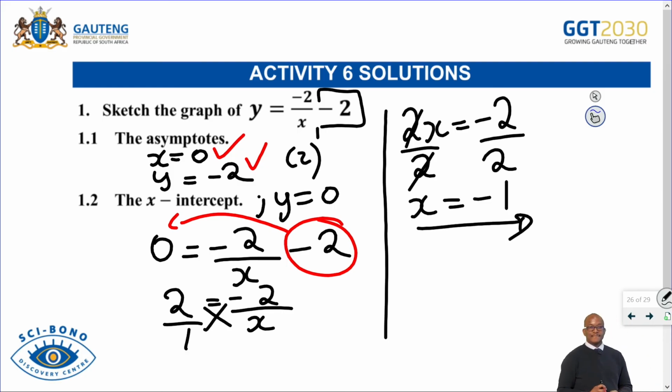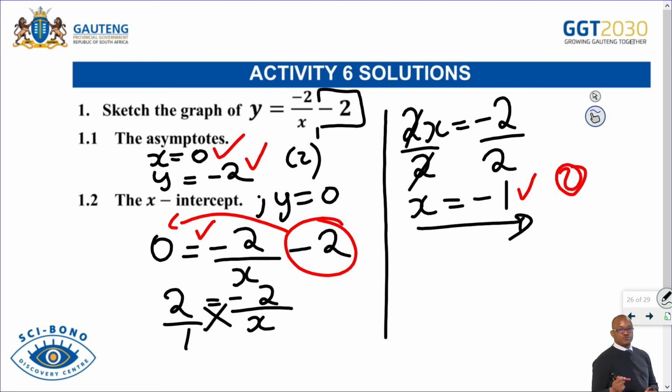Correct? So now, how are we going to sketch this type of graph now? Remember, on this one, you're going to have 1 mark here, 1 mark here. Also, 2 marks there. Correct. So now,